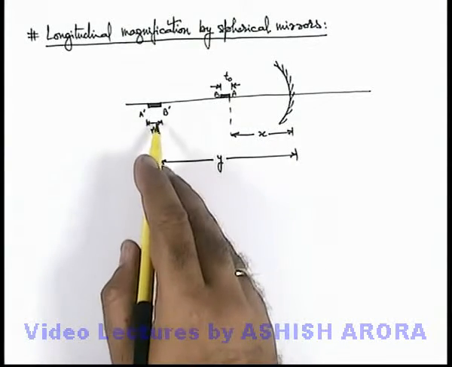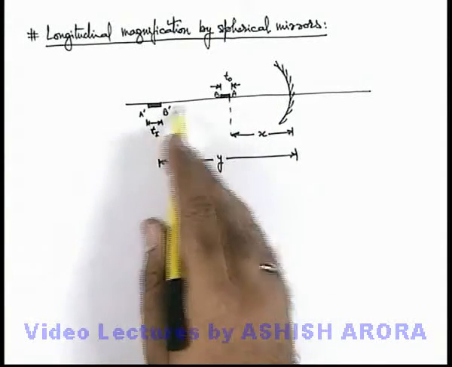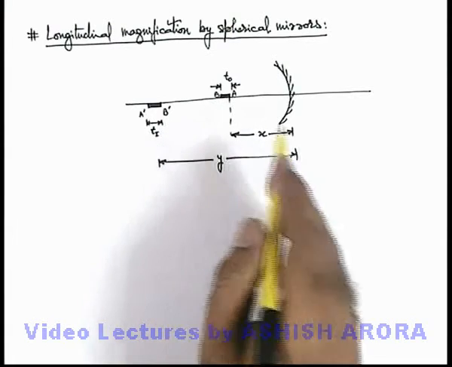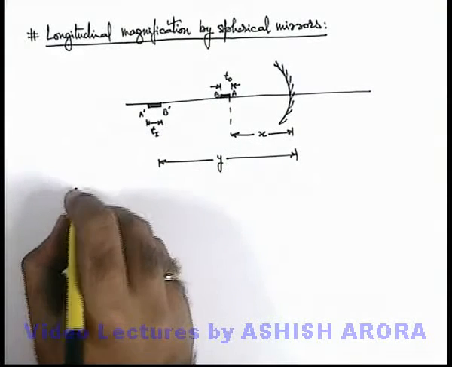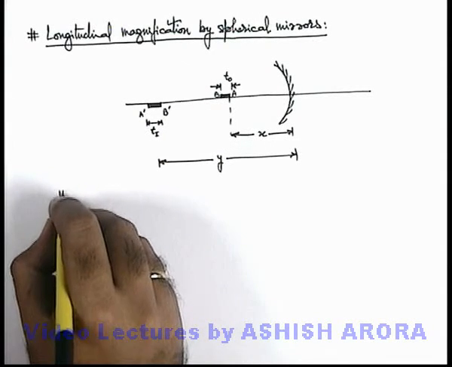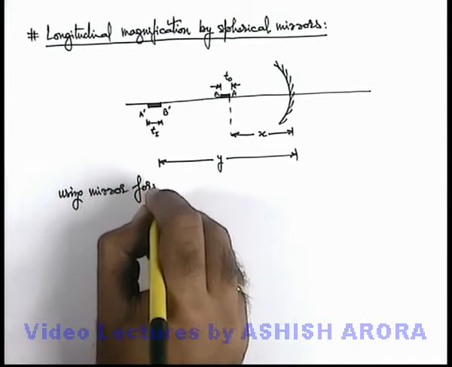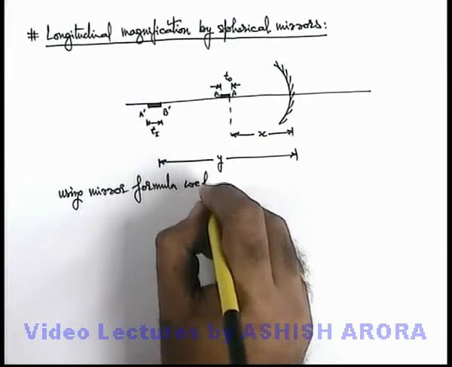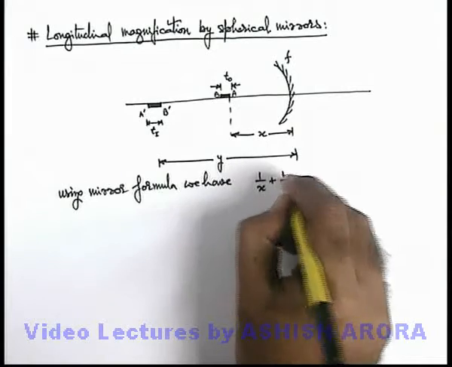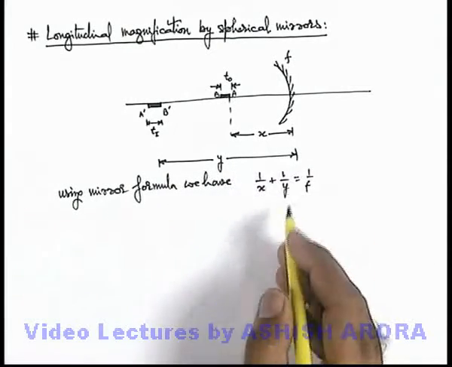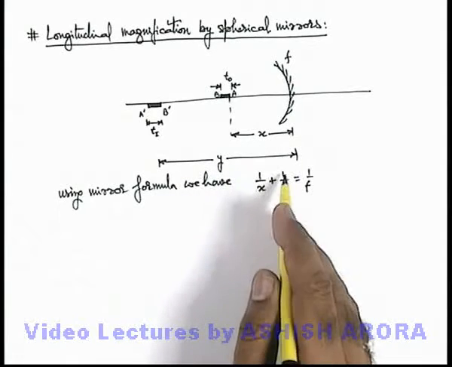If we wish to relate the thickness of image and object which are along the principal axis, if we talk about the height, we can easily correlate the two by using the magnification formula. Now in this situation, these are obtained by using the mirror formula. So here, using the mirror formula, we have, if f is the focal length of the mirror, 1 by x plus 1 by y is equal to 1 by f. And in this situation, we have taken x as object distance u, y as image distance v.